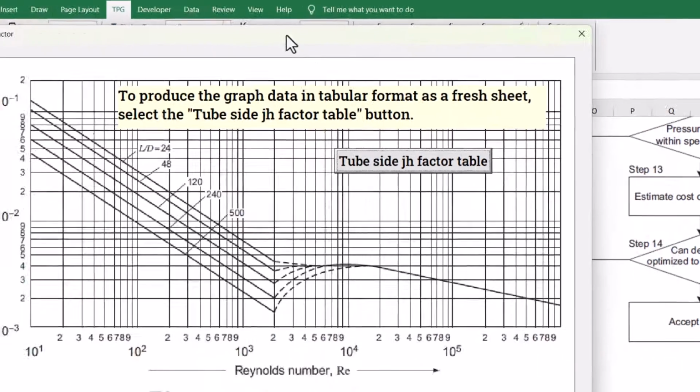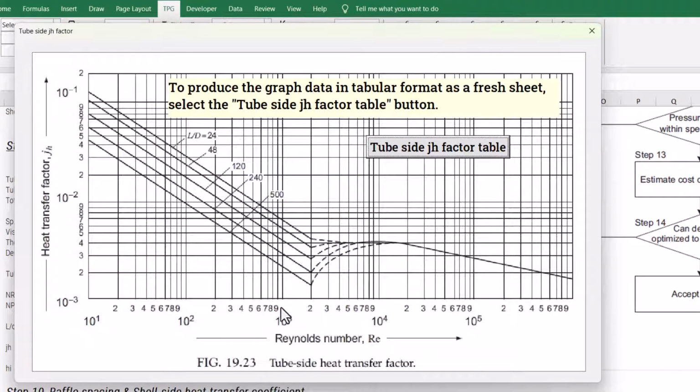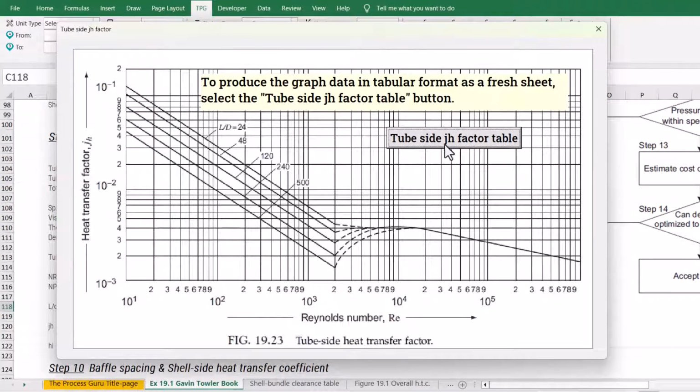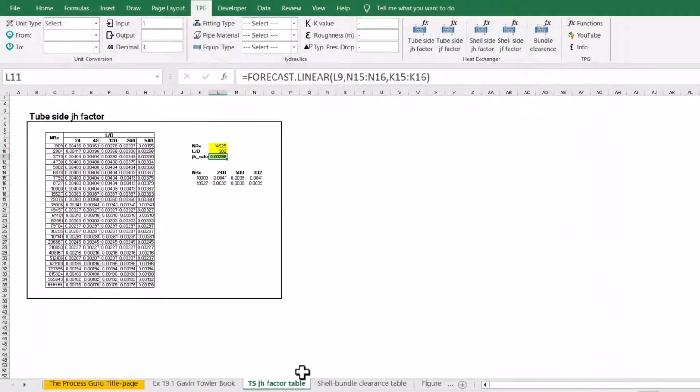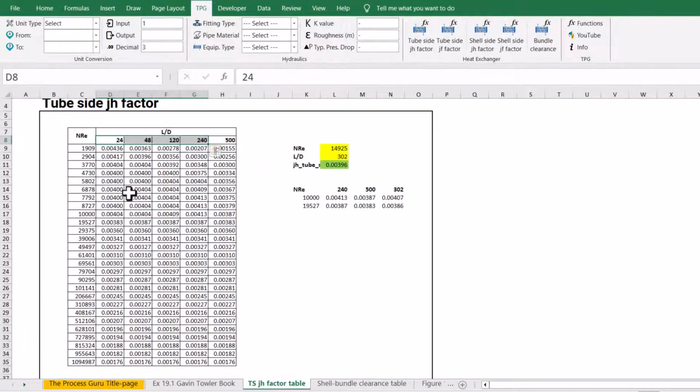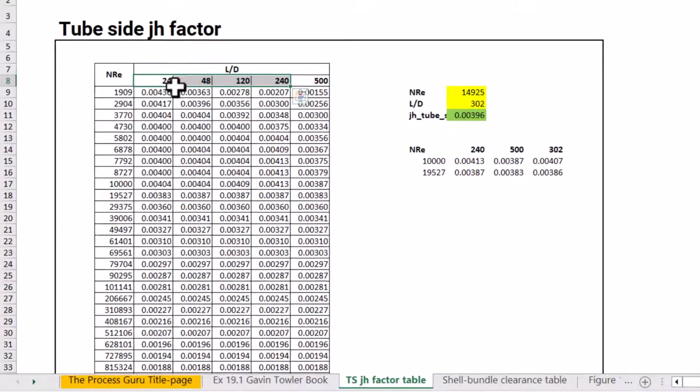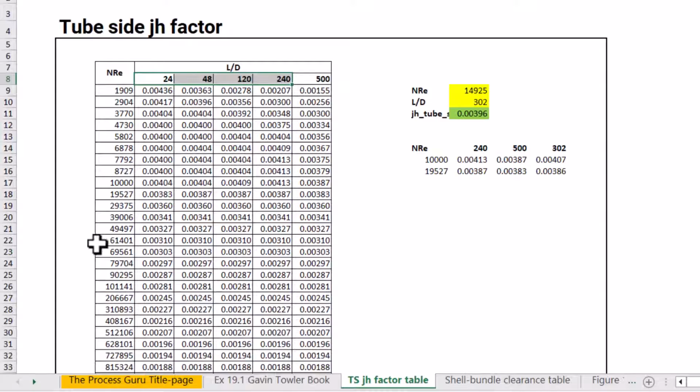When you click this, you would see the graph. We don't want to read this graph. We just want to translate it into tabular data. So I would just click this one, tube side JH factor table. A separate sheet is generated with all the data for different L by D. Let me zoom in. For different L by D and different Reynolds number values, what would be the final